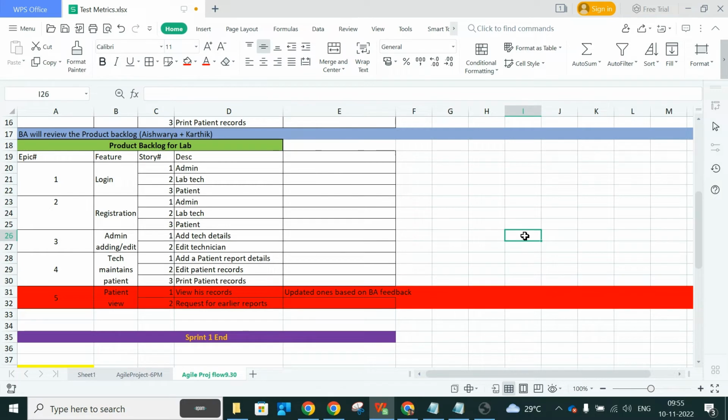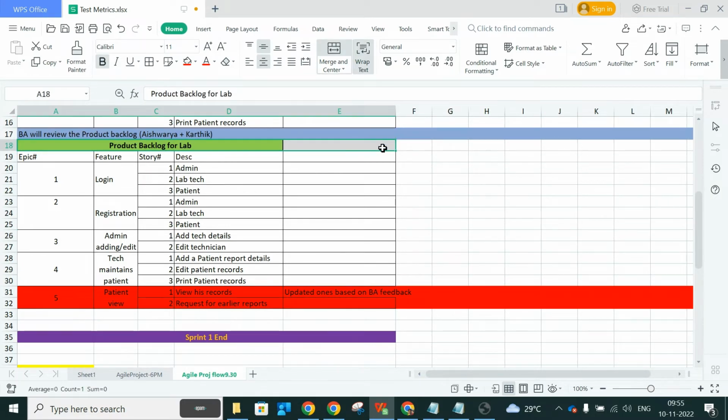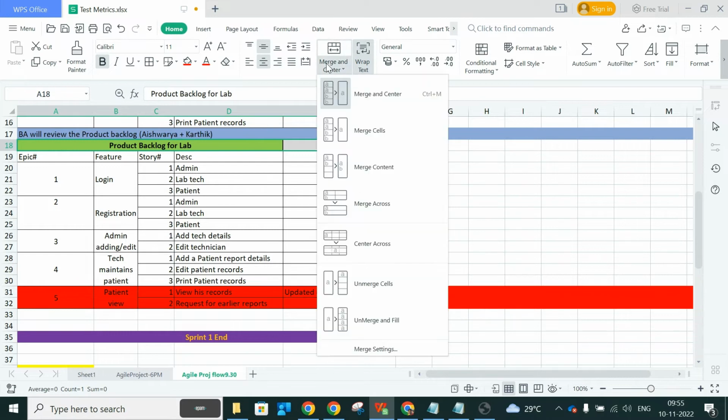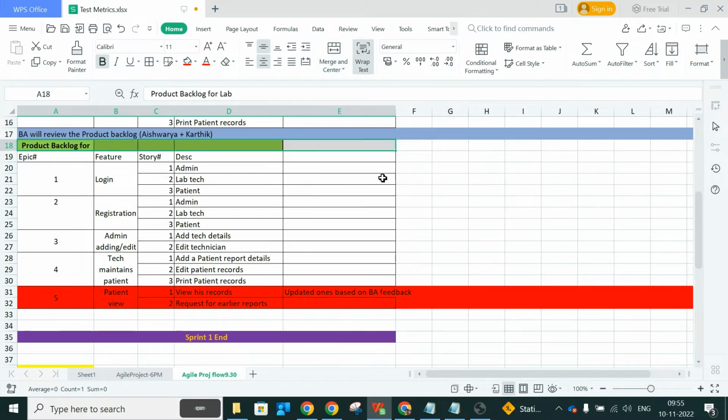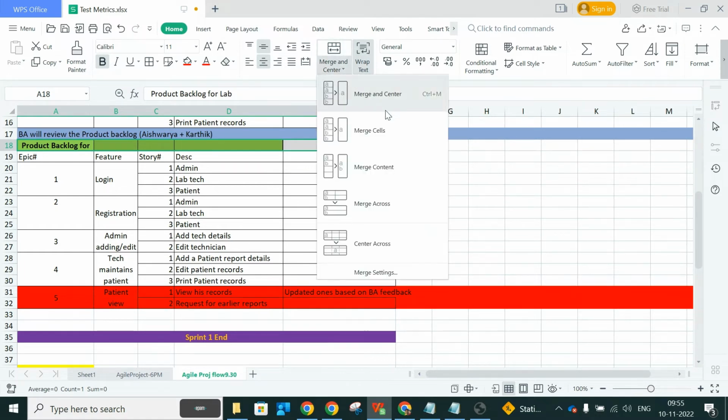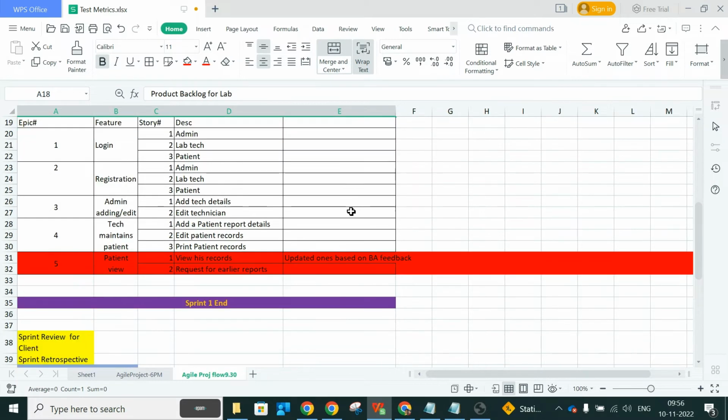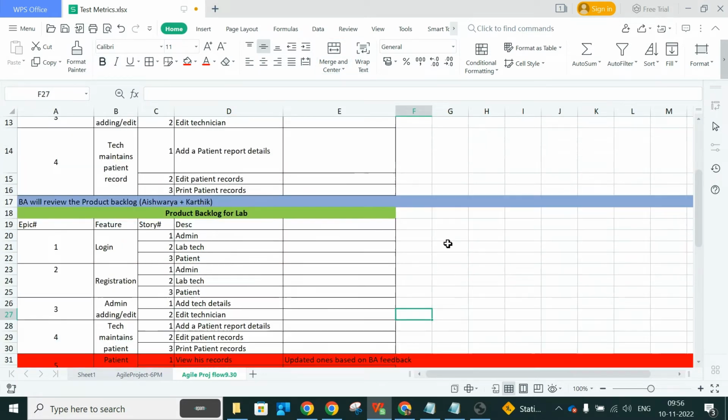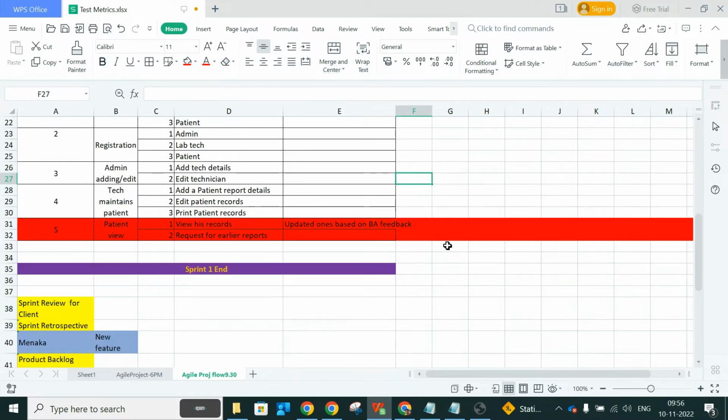Okay, so now you have a new list of product backlog items. So here, the major role of the business analyst and the product owner will come to an end. It's not a complete end, but here the documentation and the things will come to an end. So coming next, what happens is,